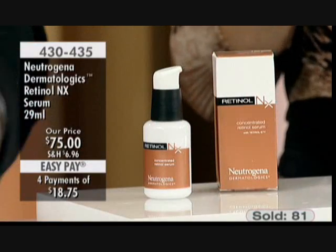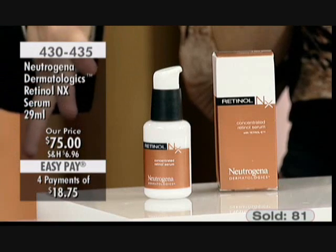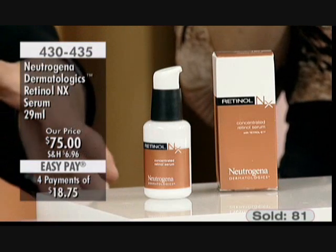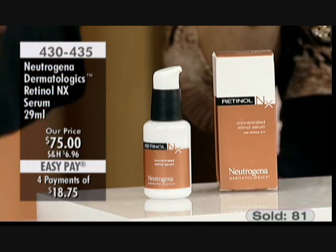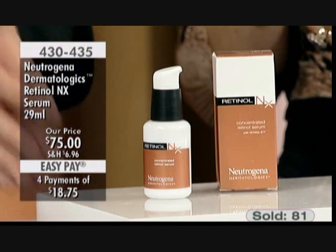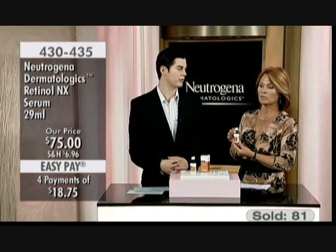Okay. Now, that said, too, people say, well, what's the strength? And this is what I tell you. The analogy I make is a car. If you have a car with the most powerful engine in the world, but there's no tires on the car, it's not going to get anywhere. Right, right. So you have to have that stabilized retinol technology so that you're getting that same strength on day 1 as you're getting on day 60, because it takes a couple weeks to really start seeing those beautiful anti-aging